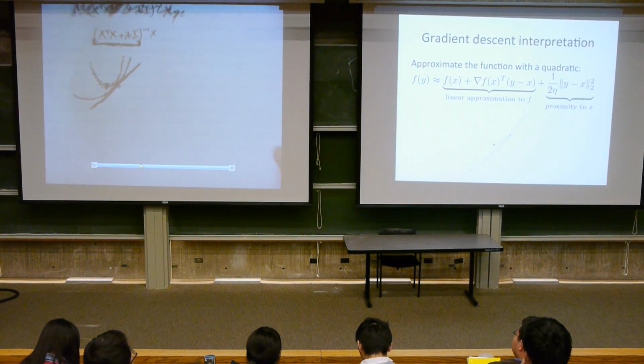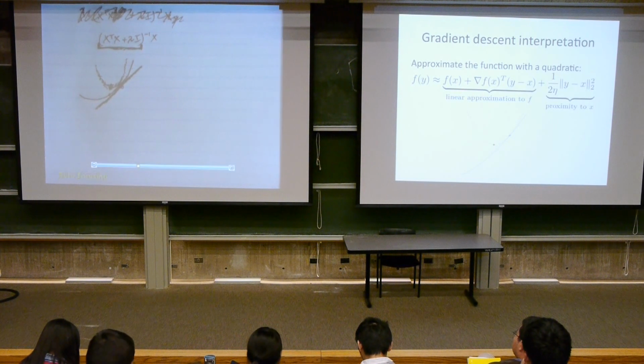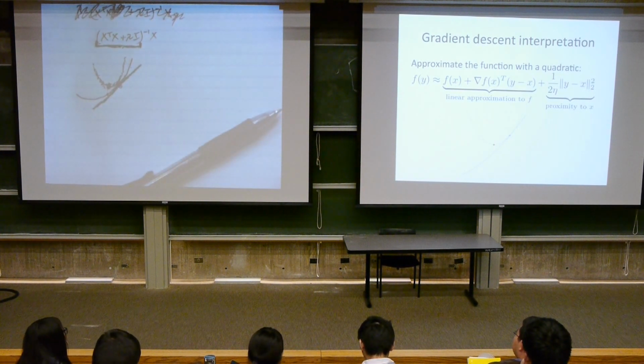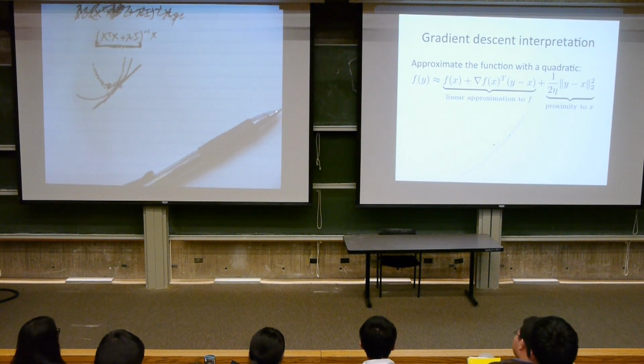So that way of thinking about it will be useful when we're talking about other methods than gradient descent. We can analogize. Okay, so